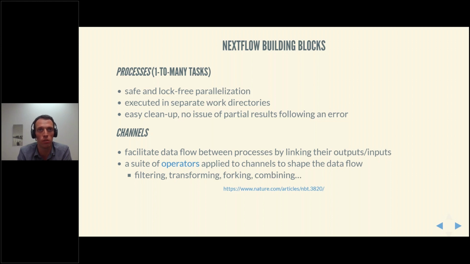In addition to channels, you've got a suite of operators which you use to shape the data flowing through those channels, combining, merging, splitting, and various other operations which will allow you to shape the data such that it's processed then by the processes in the way that you intend.